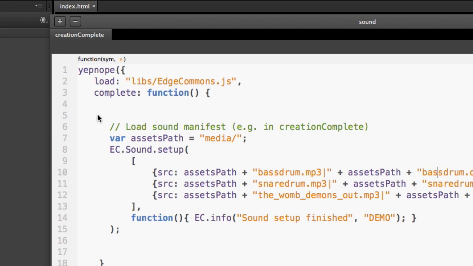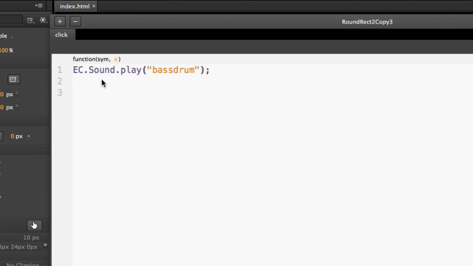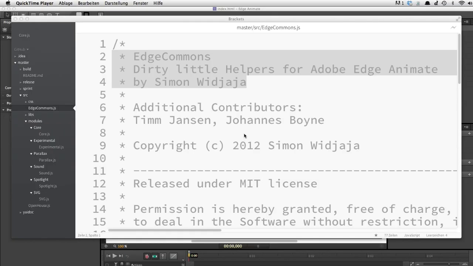And yeah, that's pretty much it if you want to set up the sound. And if you want to play the sound, it looks like this. You can simply say ec.setup. You can simply say ec.sound.play and then pass in the ID you just defined in the manifest. And yeah, that's it. And this basic knowledge about Animate and jQuery was fundamental for me when I created the